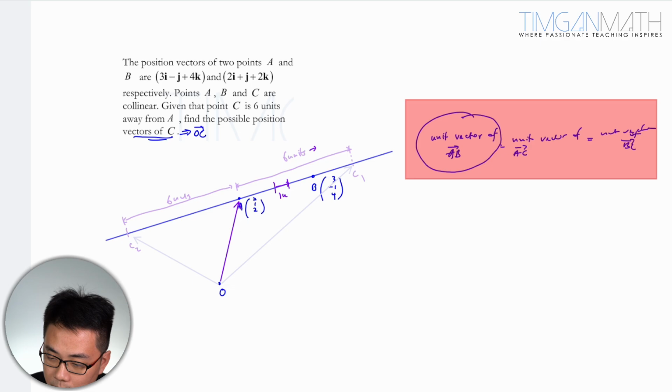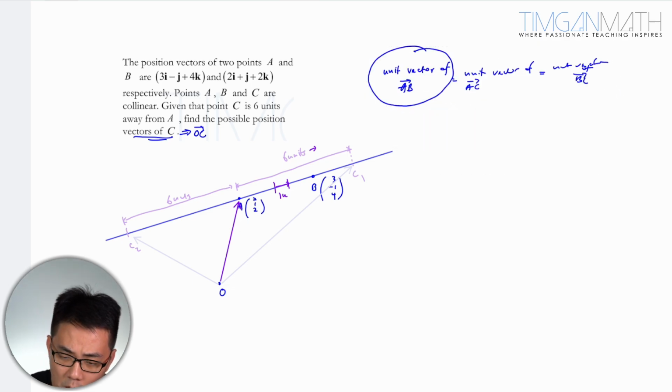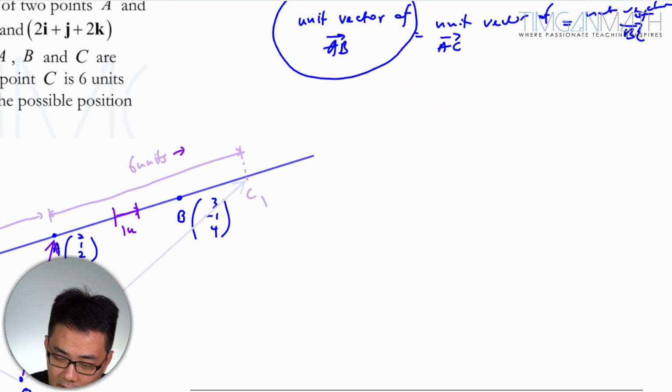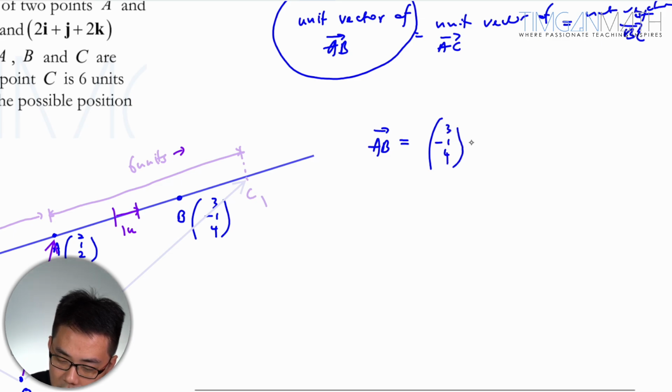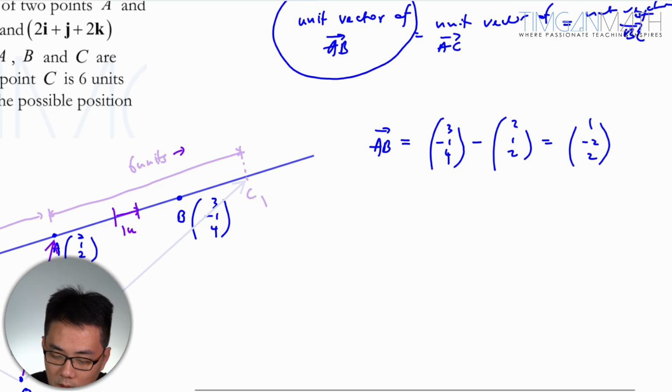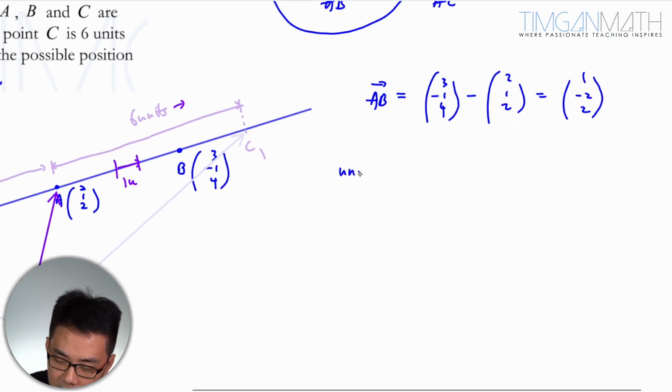So this part here, what we need is actually A to B. A to B would be 3 minus 1, 4 minus 2, 1, 2. So 3 minus 2 will be 1, minus 1, this is negative 2, this is 2 here. Okay, so unit vector